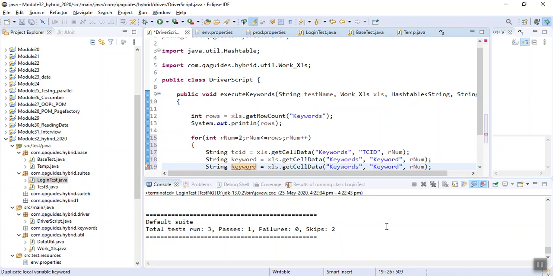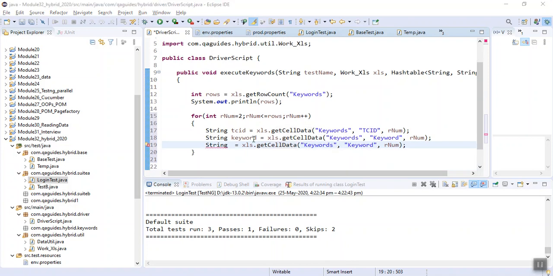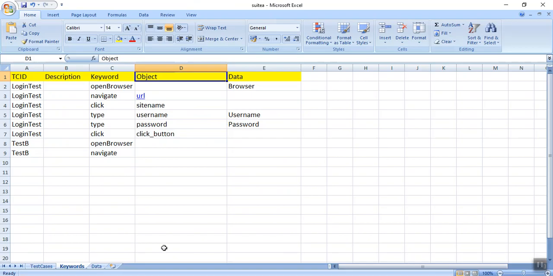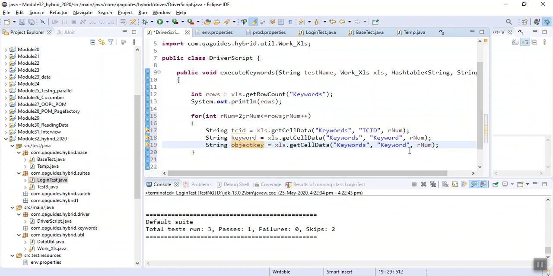Let's take it as object key. So I am taking it as object key. Fine. And let's keep here object. And copy it. We need data also. Put it as data key. Take it all as key.